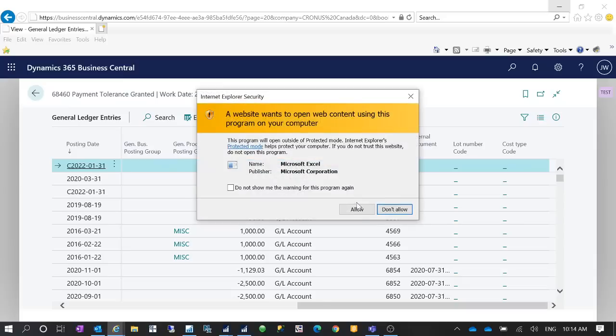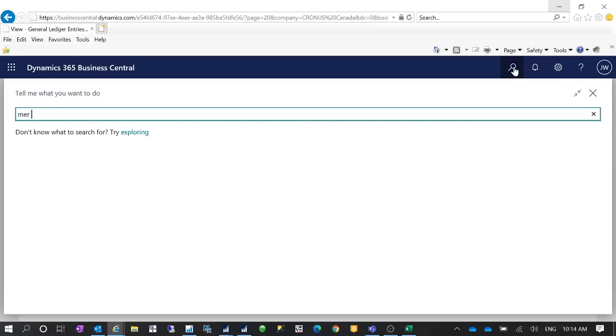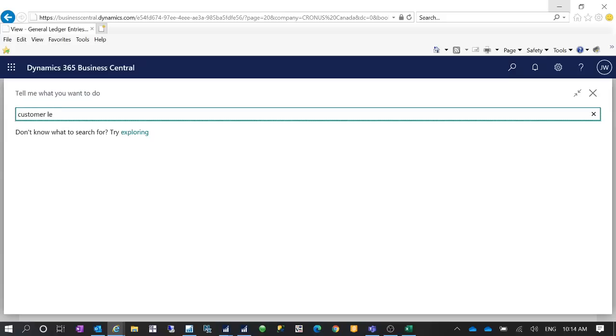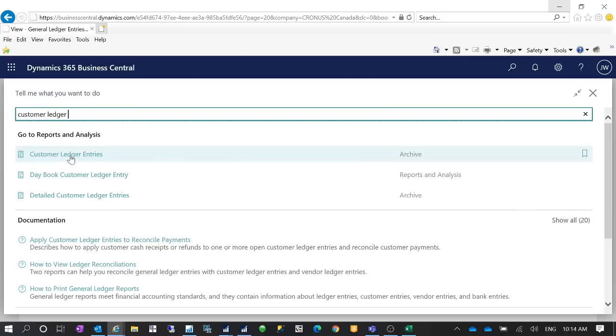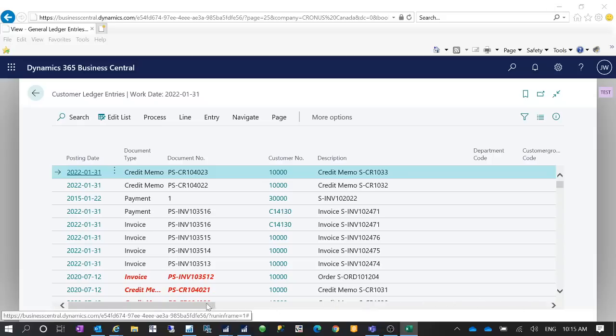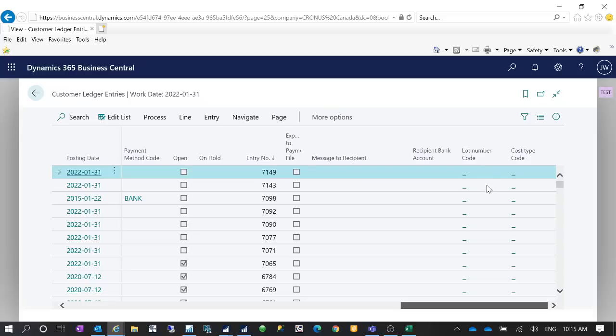And then, okay, my Excel spreadsheet is still open. So I'm going to my customer ledger entries, and you could see those two columns for the shortcut dimensions show up on my customer ledger entries as well. Let me scroll to the right for this page, okay? And you could see those two columns, lot number code and cost type code,